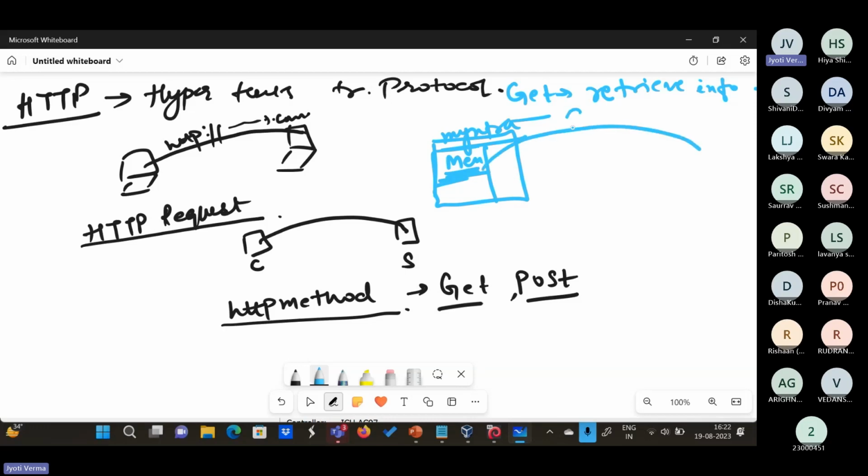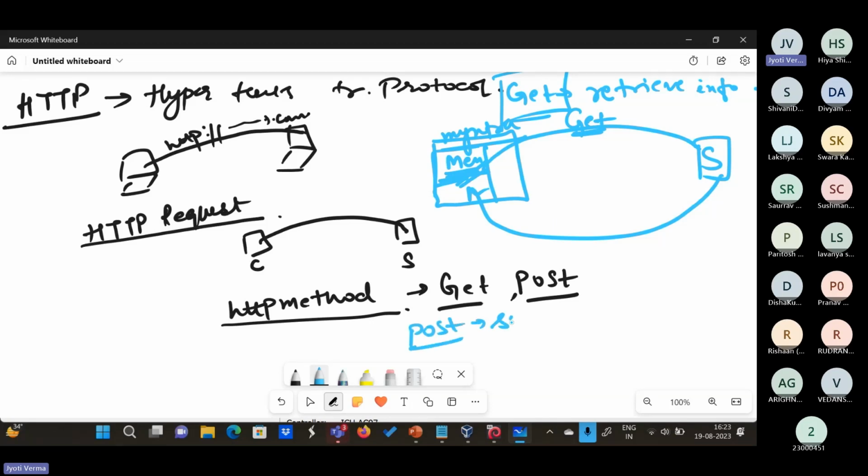You are sending the get method. So the server will know that you want this thing. So in the form of response, the server will give you that page. So this is the get. Whenever you want to retrieve the information, use the get method. And the post method means that you want to submit the